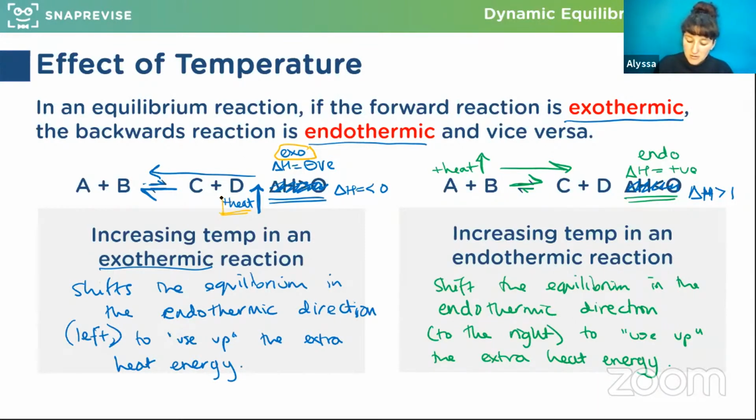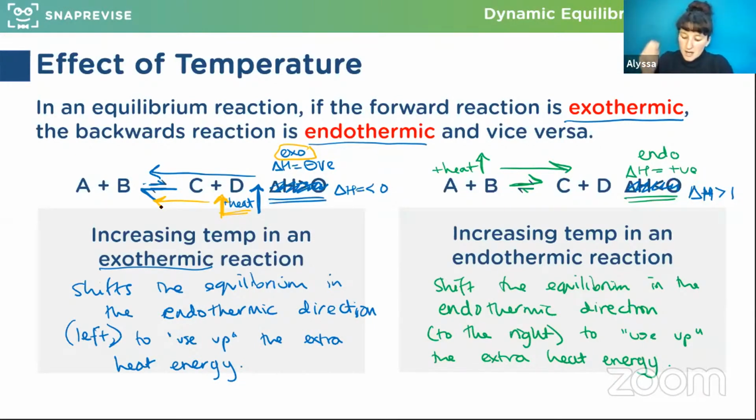So then if you increase the heat, in the same way as when you're doing concentration, if you increase the concentration of a product, it pushes the equilibrium away from that, or in the other direction. So if we increase the heat, it's going to push the equilibrium away from that. So in this case, in the backwards direction. So I never memorize these. I always just work them out. But you can memorize them. Create yourself a nice table and memorize them. But I always work them out.